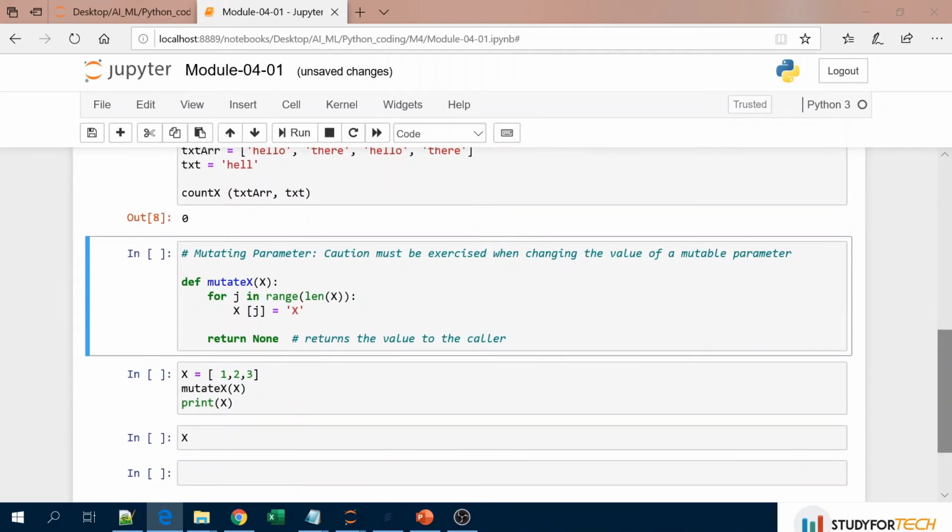One thing you have to remember, I have already explained, right? I will be explaining mutation. For a list, and all data structures which are mutable, we have to take extra caution.